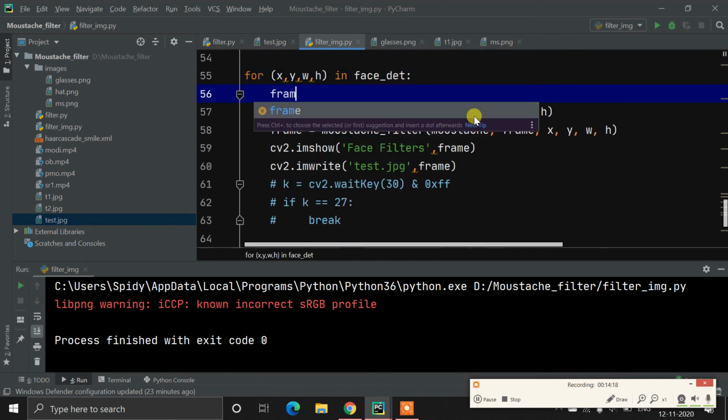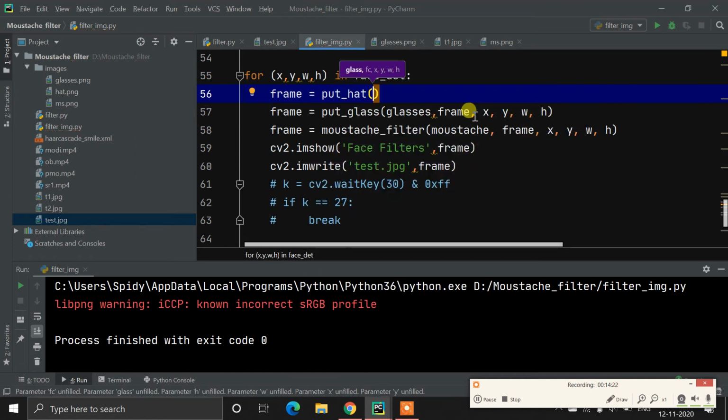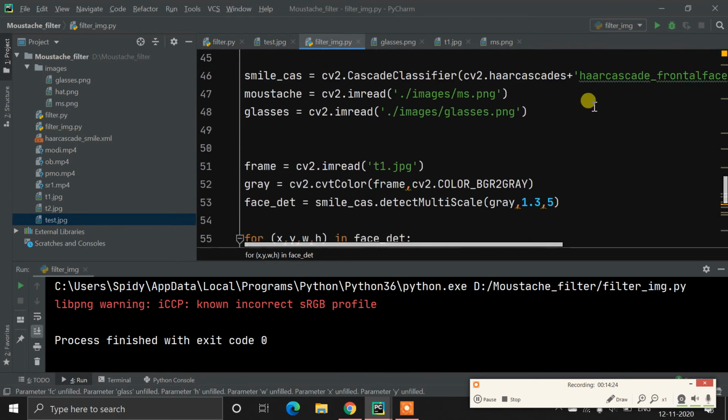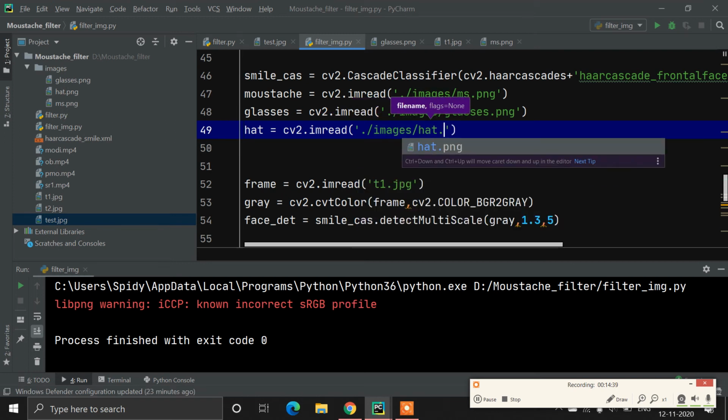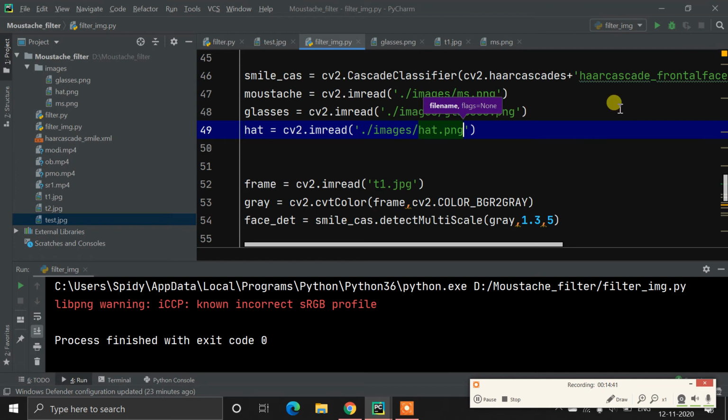So frame is equal to put head once again. I need to initialize head.png here. It is equal to cv2.imread of images. I already have head.png.